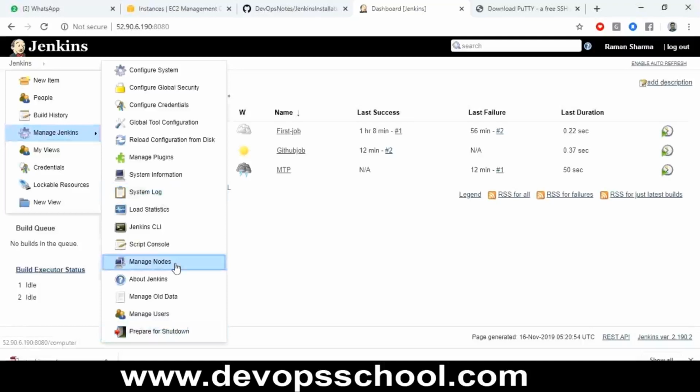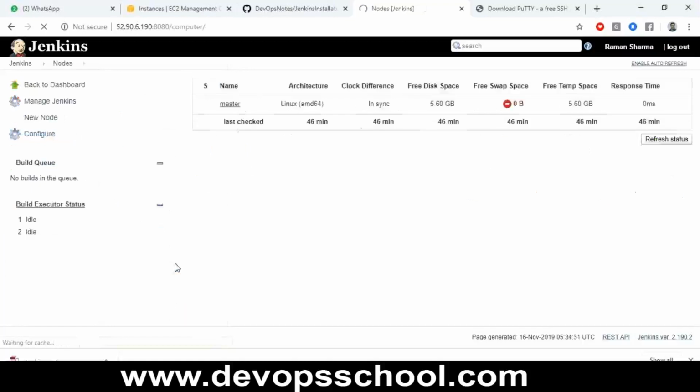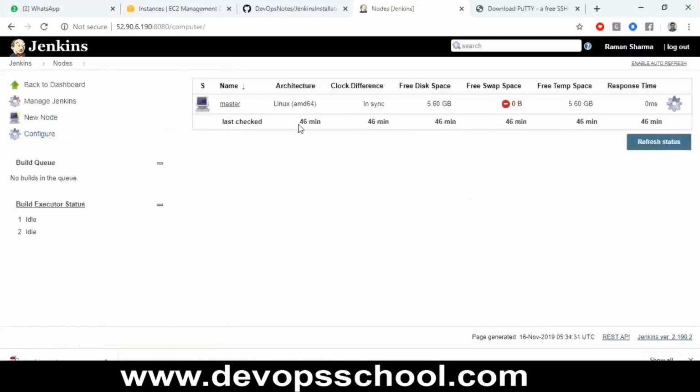Okay, Jenkins, manage Jenkins, under that manage nodes. Click on it. Now here you can see there is only one machine so far, which is the master machine. But I want to have the client machine also. So for that you need to click on the new node